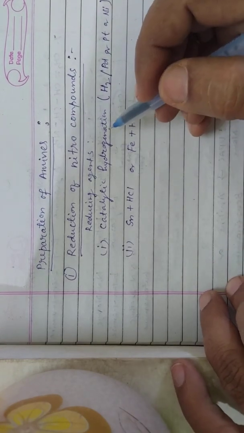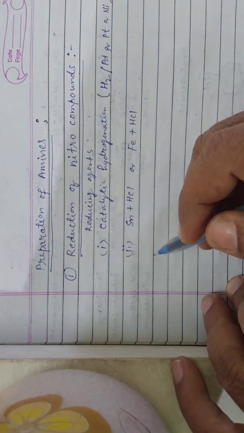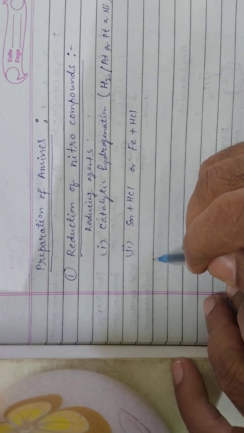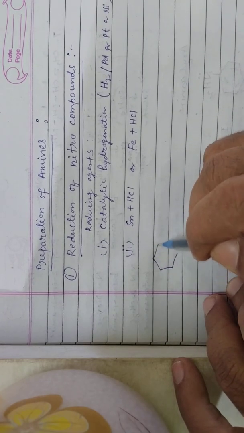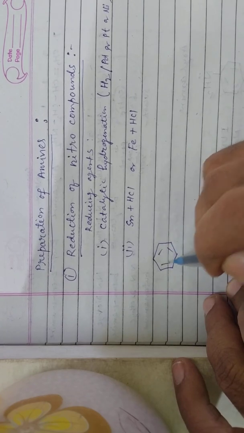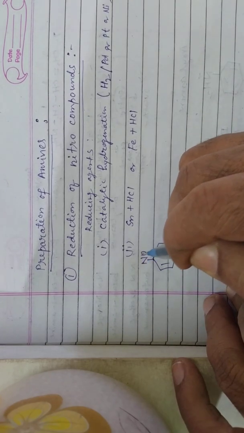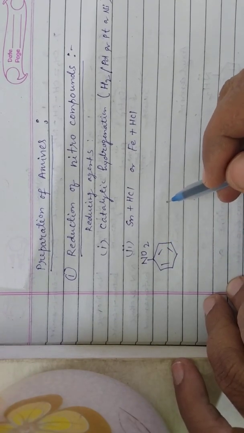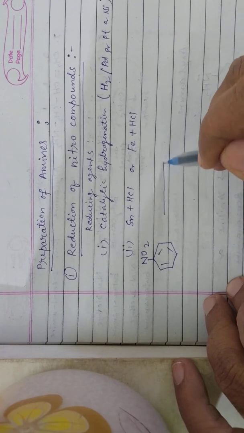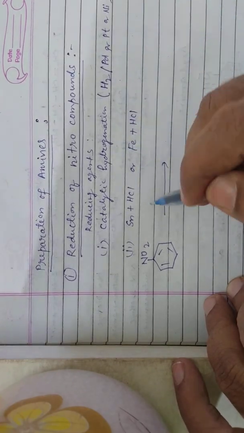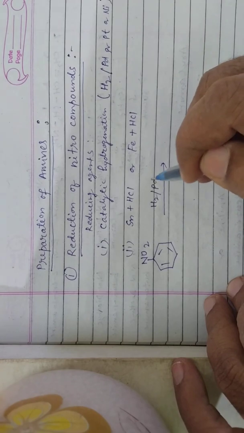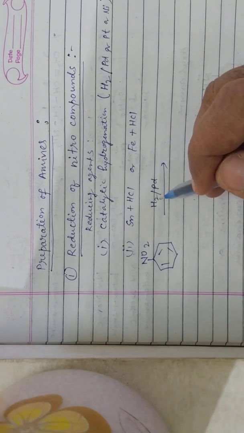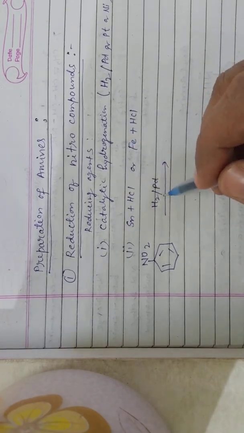Now with the help of these reducing agents, how we will convert the nitro group, we will see with the help of some example. Here we have nitrobenzene. NO2 is attached to the benzene ring, nitrobenzene, and we are taking any of the reducing agents. H2/Pd we are taking, when we perform the catalytic hydrogenation or catalytic reduction,